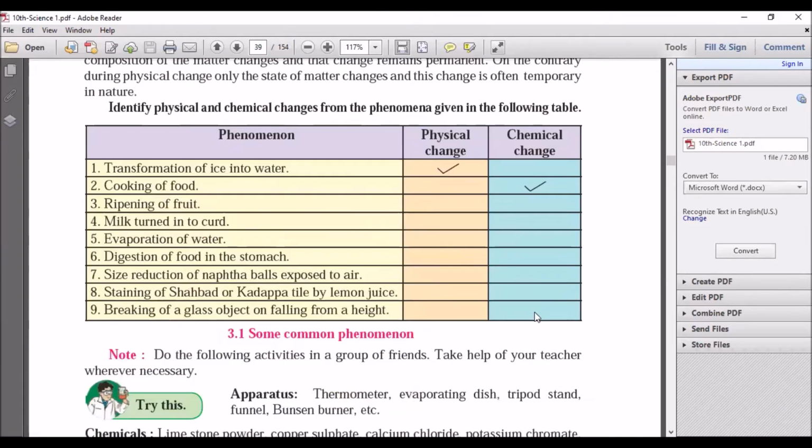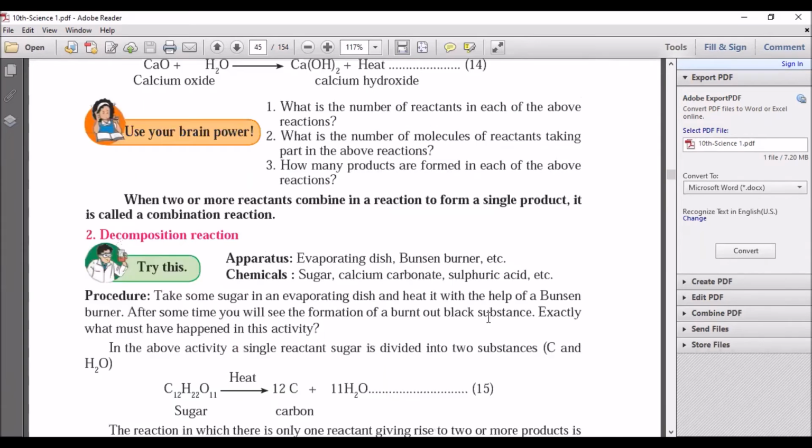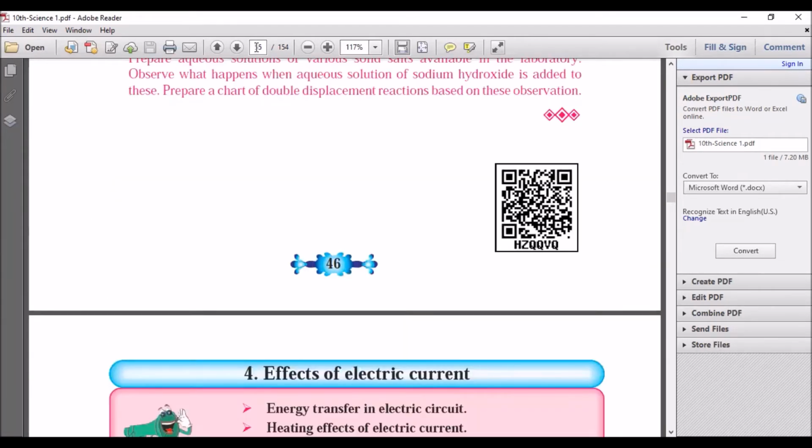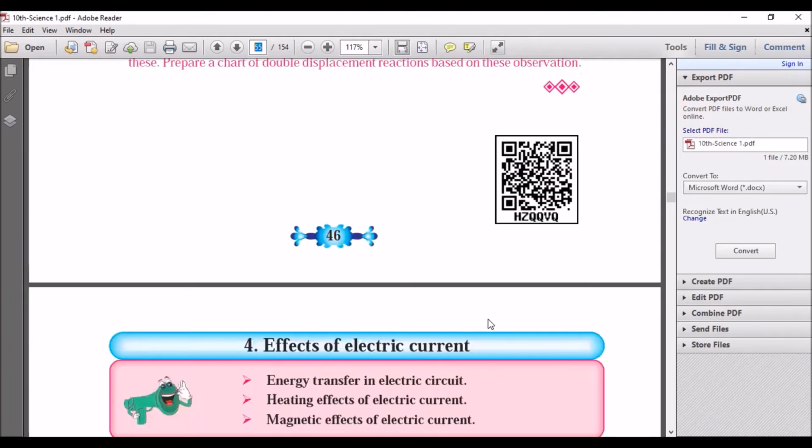So from page 39, I want this up till, see where the chapter ends. The chapter ends here, page 55. So I want from page 39 to page 55, one full chapter's PDF, not the full textbook. So let's see what to do. We'll go back to the split PDF page on Google.